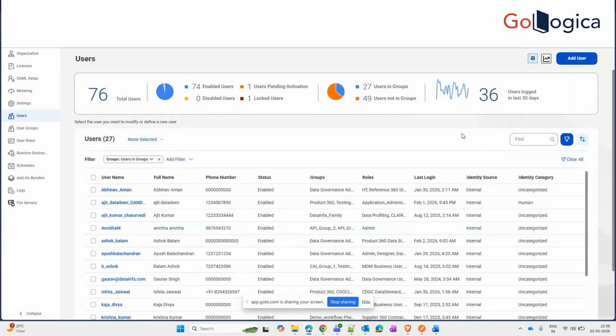You can edit the user details, or you can assign some services to a particular user. For example, some user should have only the MDM, so they should not be able to control other services apart from the MDM. If you don't want the user to proceed, you can disable that user, or you can reset that user